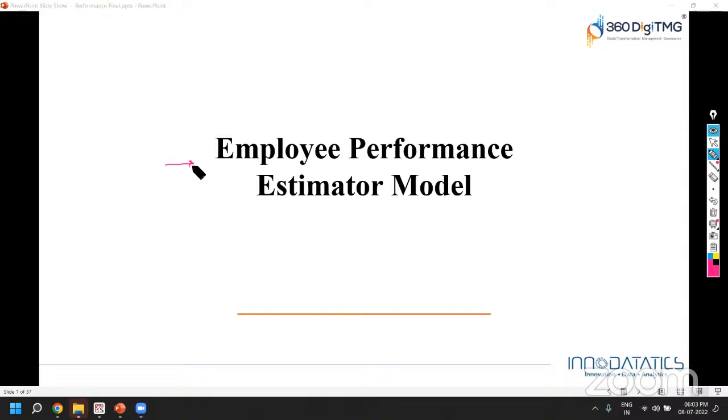Using those metrics, the model tries to predict upfront the performance of an employee. Now we can define the interval of the assessment on a quarterly basis, monthly basis, or even a daily basis. And we will be able to flag upfront